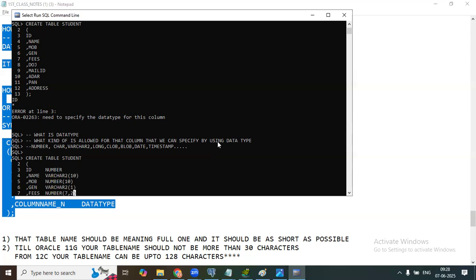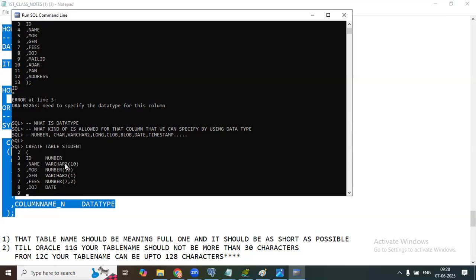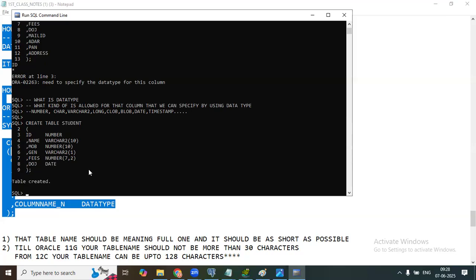These are decimals. Okay, fine. I'm going to cover it in depth again. Right now, I'm just talking about table name and column names. I'm talking about data types. I'm going to cover it in depth again. Don't worry. I want to store date of joining. I'll say date. Then what will I do? Close parenthesis, and I'll do what? Done. What happened? Table is created.